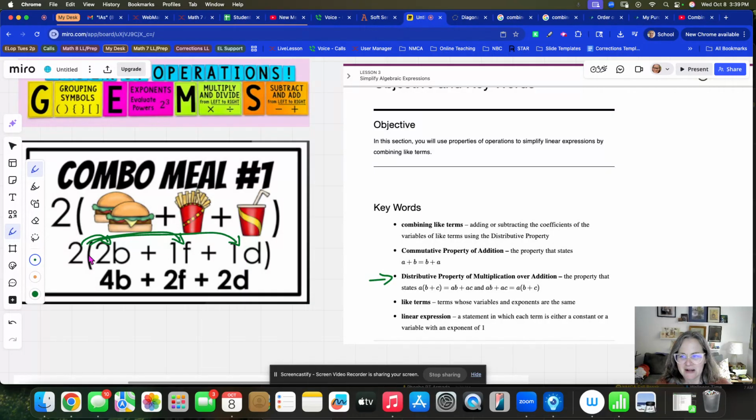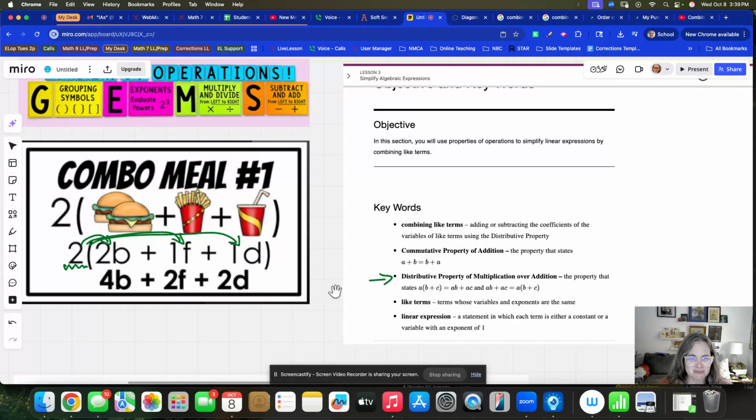But so basically, if you have a combo meal that's 2 burgers, 1 fry, 1 drink, if you have a 2 outside, you're saying, I want 2 of those combo meals. Okay, you're going to get 4 burgers. You're going to get 2 fries, and you're going to get 2 drinks. And that's how they're going to make it. Okay, so that's distributing